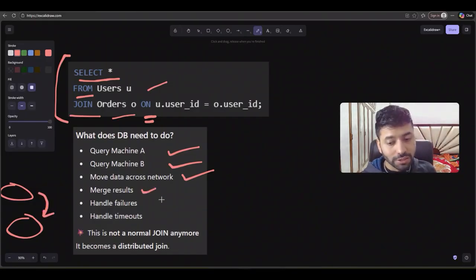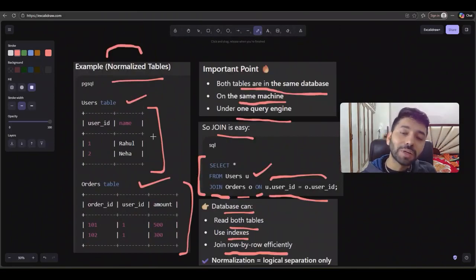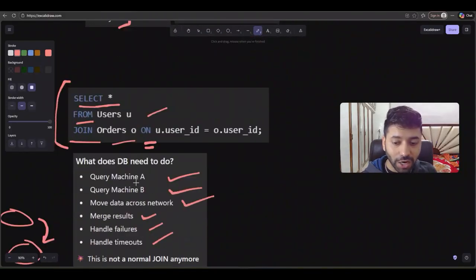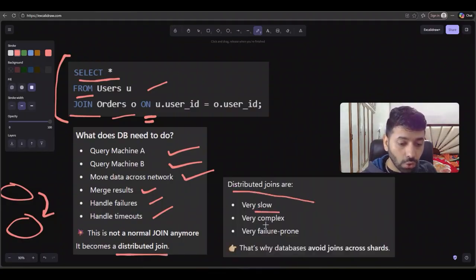And then you have to merge the results. Then you have to handle the failures. You have to handle the timeouts. So this is not a normal join anymore, correct? We saw in case of normalization we were able to do the simple join because both of the tables were present in the same database on the same machine, so it was quite easy to do that. But now we are talking about different machines in sharding, and that's why it's not a normal join, it becomes a distributed join. Why distributed? Because there are different machines, correct? Now distributed joins are very slow, very complex, and very failure prone,